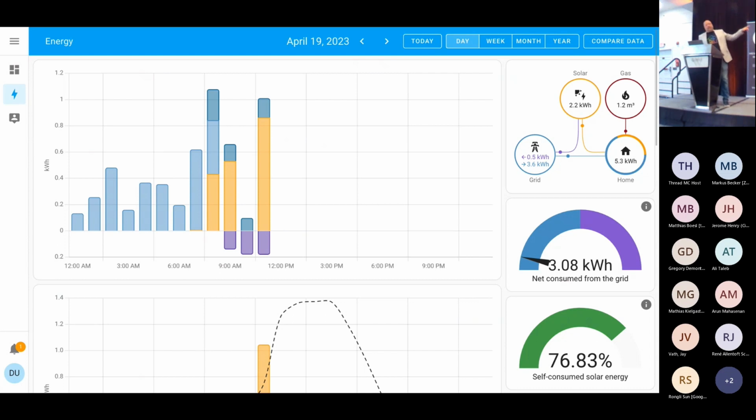And then you see that dotted line on the bottom, the screenshot suddenly had to cut it off. That's actually the forecast of how much solar you're going to generate today. So people are using this, for example: oh, I'm going to generate more energy than I need. Let me turn on the dishwasher. Let me charge my car. Let me fill up my home battery. And so this is being used worldwide. It was very popular in Europe last year, as the energy prices were skyrocketing. And so, yeah, it's been very well received.